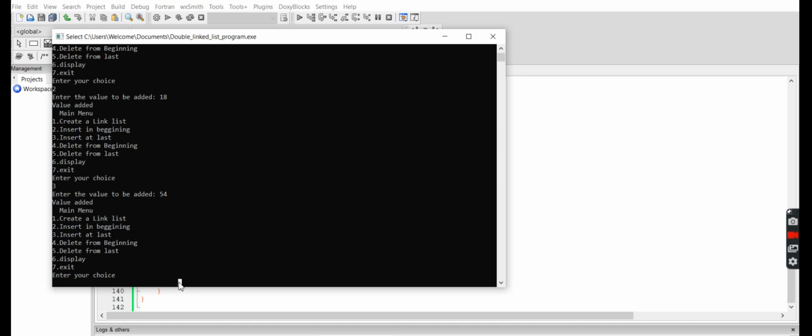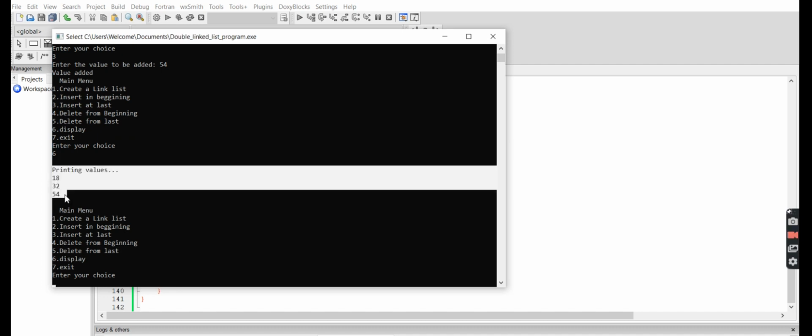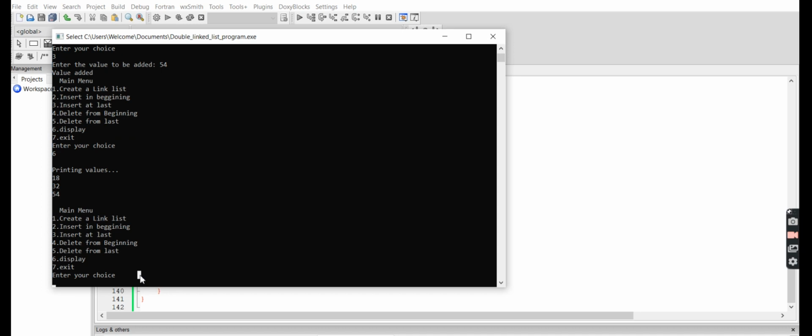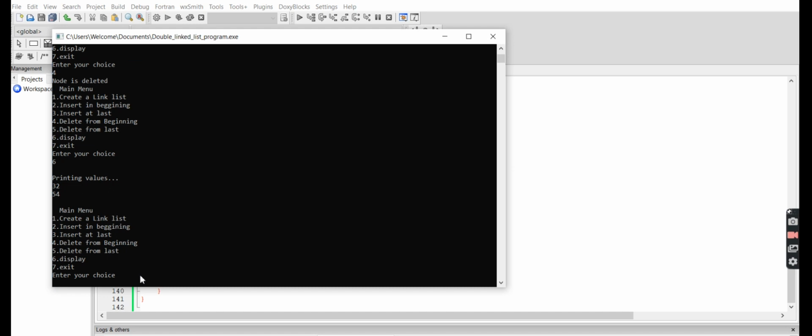After that, to display, I am entering 6. It displays the printing values, that is 18, 32 and 54. After that, to perform deletion, I am entering 4, and then when I display the values, the value 18 is deleted.